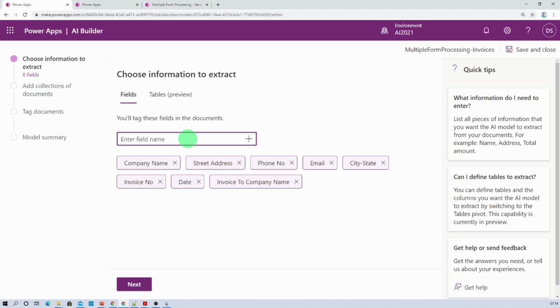Invoice to company name, invoice to street address, invoice to state city, invoice to email, invoice to phone.